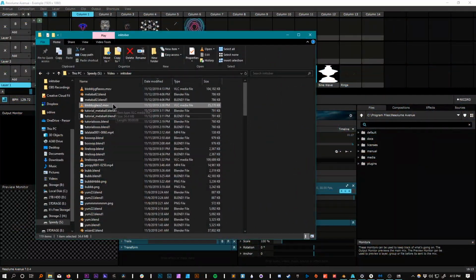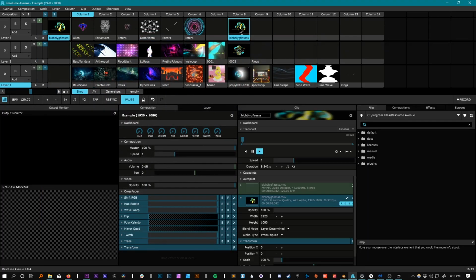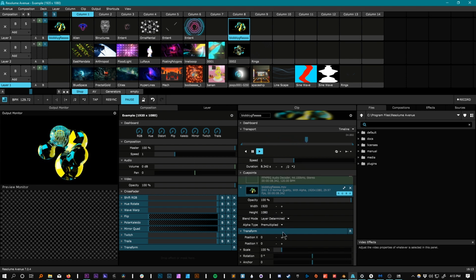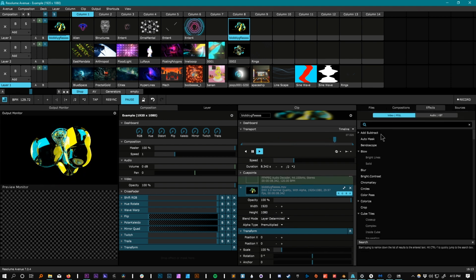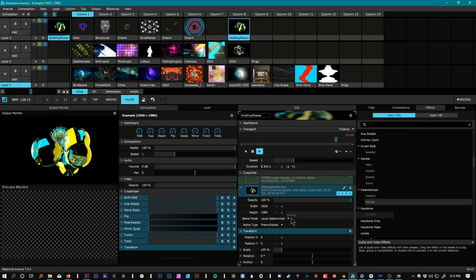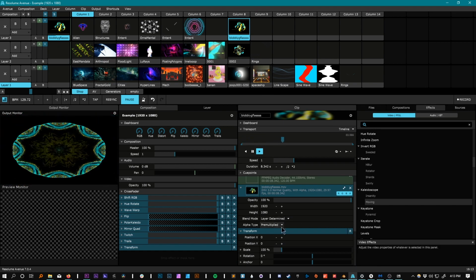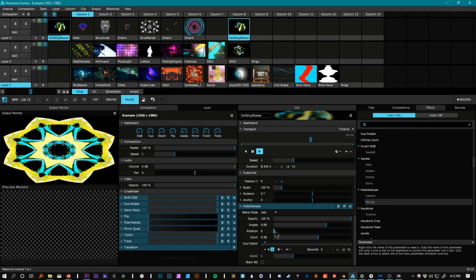So we'll just take our file, and we will bring it in here. And now if we click on it, we can see it playing. If we just bring up that, and now we can add whatever effects we want to it. So we could add a moving kaleidoscope to it. And now suddenly we have a really, really interesting VJ loop that's going to loop